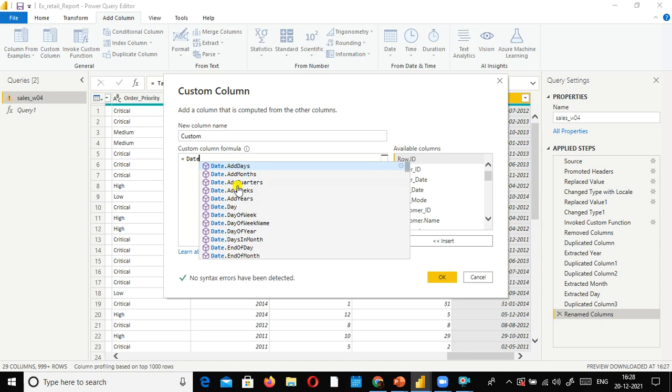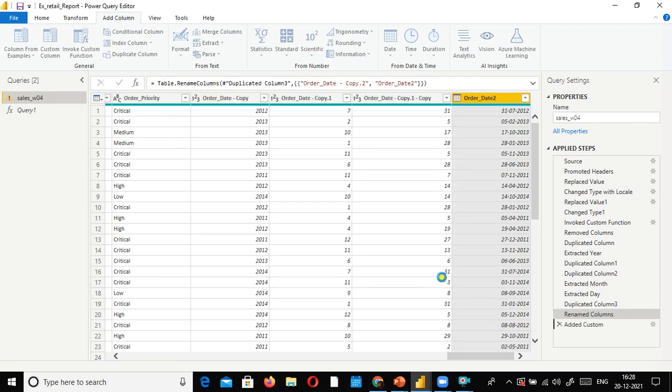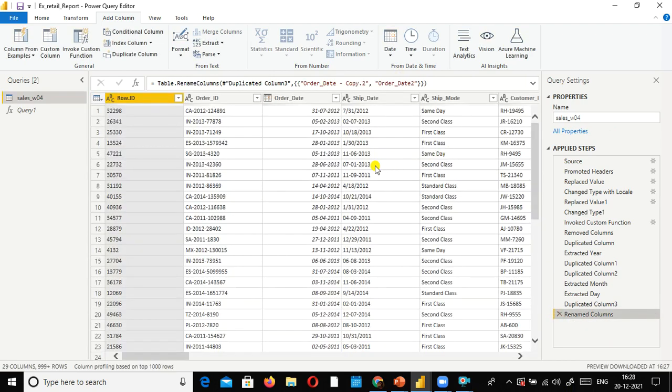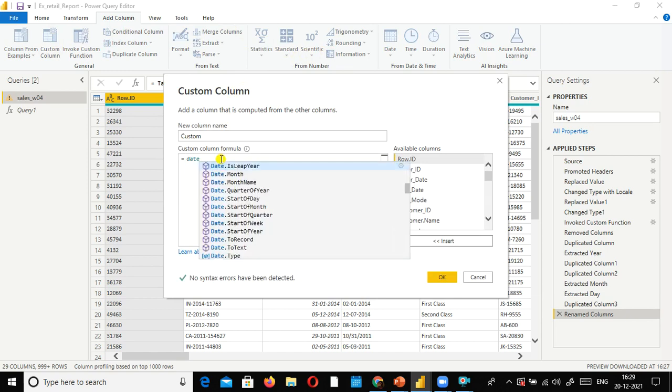Supposing I wanted to know date dot is leap year. Okay, we are saying a leap year of order date. So I just want to find out whether order date is a leap year or not. Okay, there is a leap year was not recognized. Let me just try date dot is leap year.